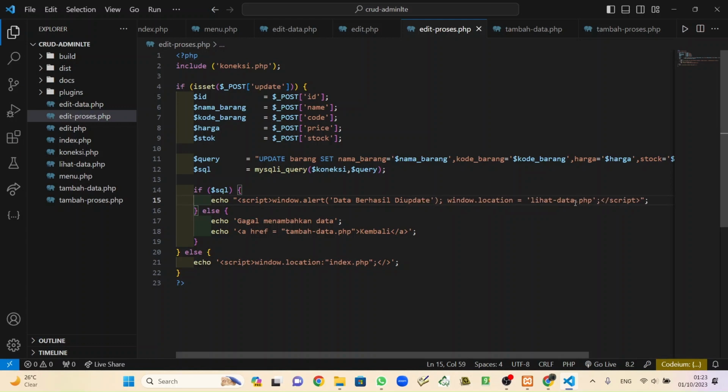Save. Then lihat data, gagal update data. And back to the edit data. Save.